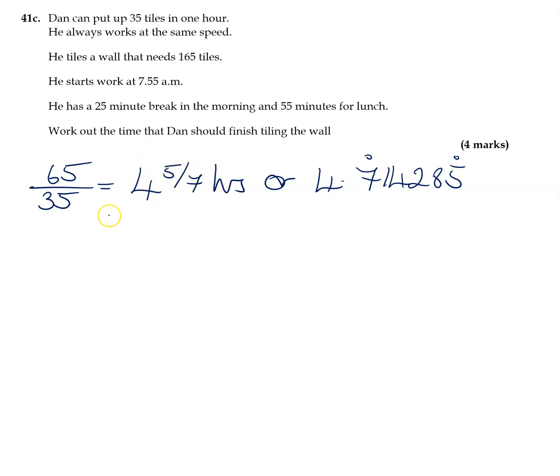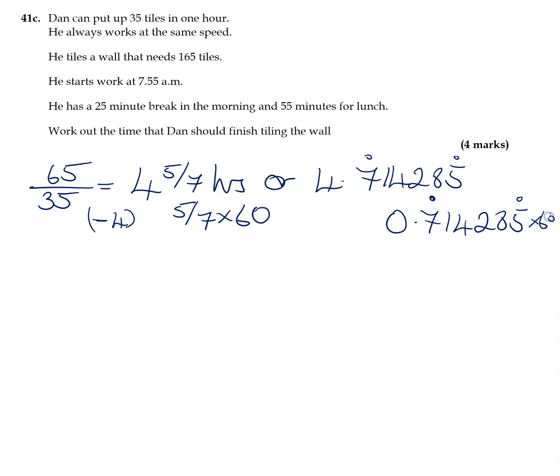So if we take away the 4, because we know it's going to be 4 hours, then that leaves us 5/7, or 0.714285 recurring. So when you've done that, change that to minutes, because this is 5/7 of an hour and there's 60 minutes in an hour. We just times it by 60, and 5/7 times 60, we get the answer